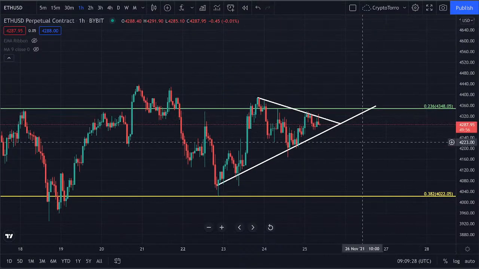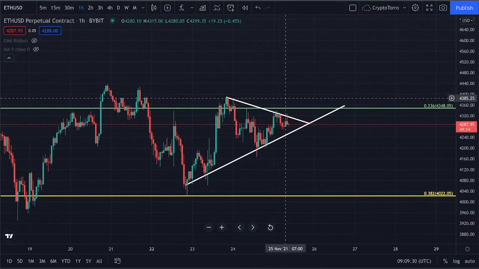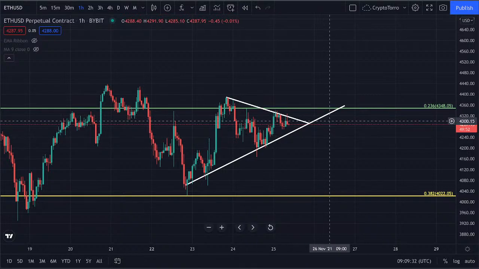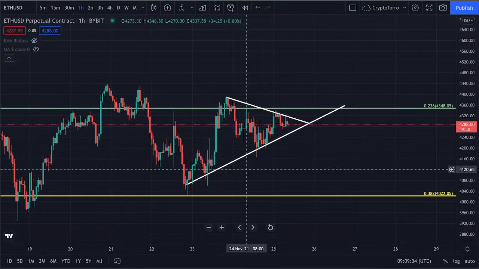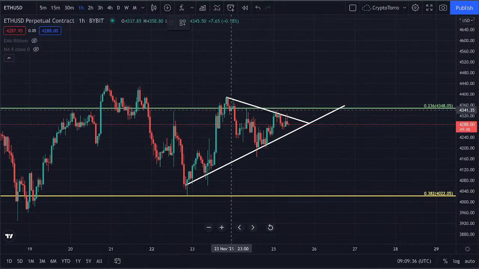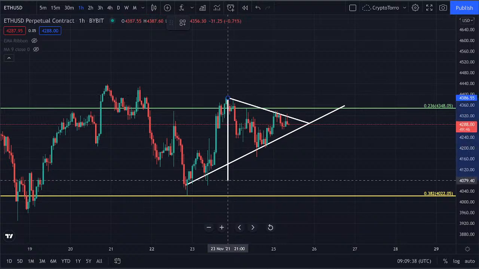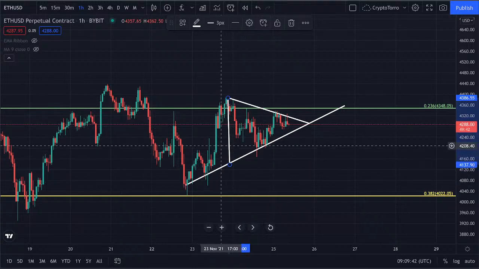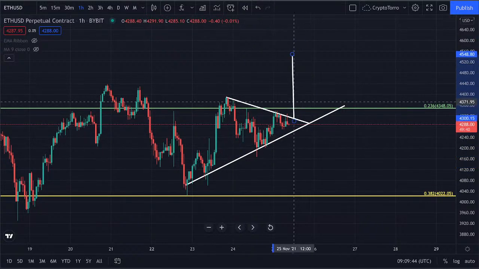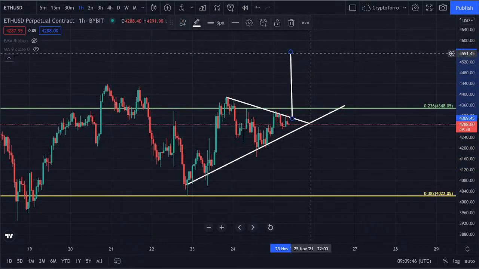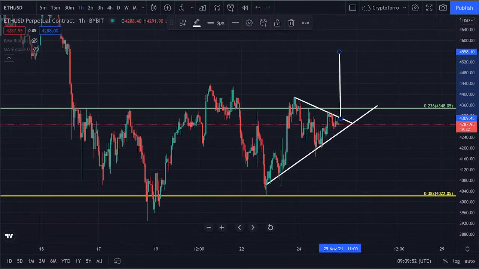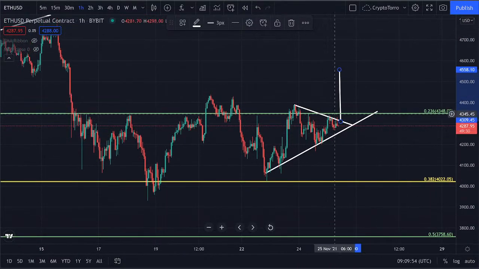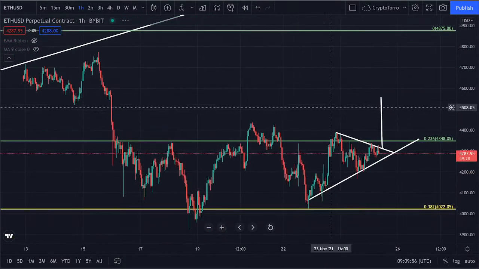Why? Because if we do see a breakout occur above this descending resistance, I personally think that we will for sure be seeing a minor increase on the chart. And why am I saying minor? It's mostly because if we take a quick look over here, you can clearly see that if we do see a breakout occur, we will be heading towards the $4,500 and $51. For sure, a very good level to head towards, but you can clearly see that in the